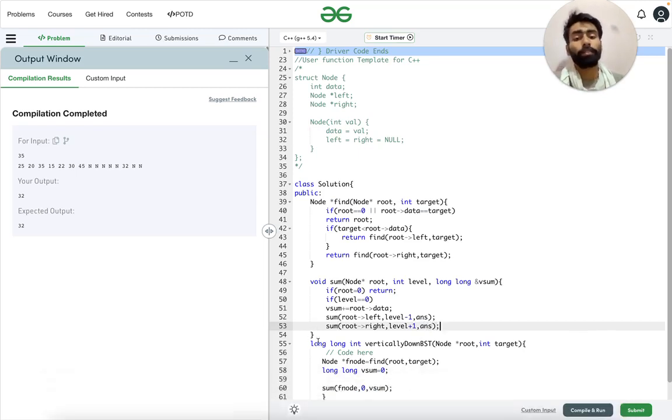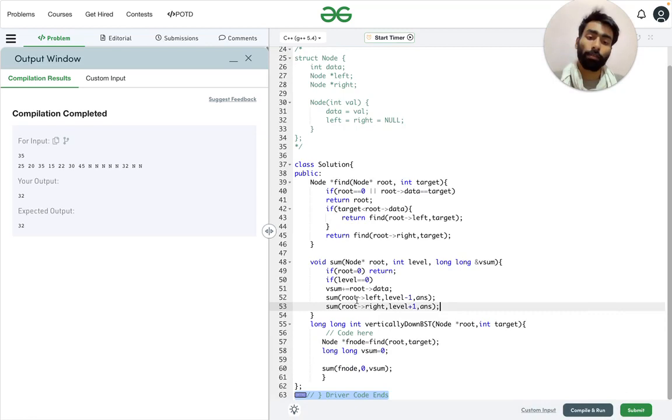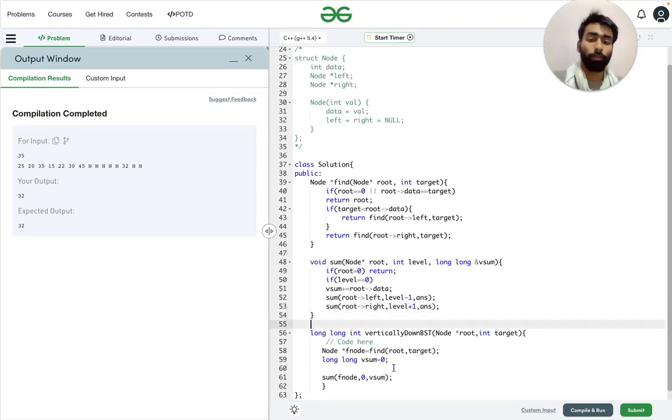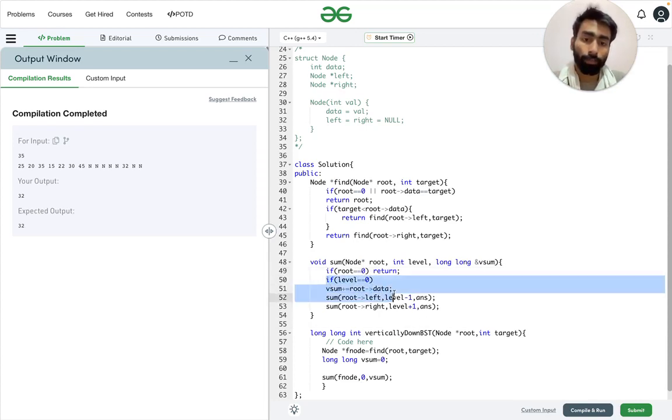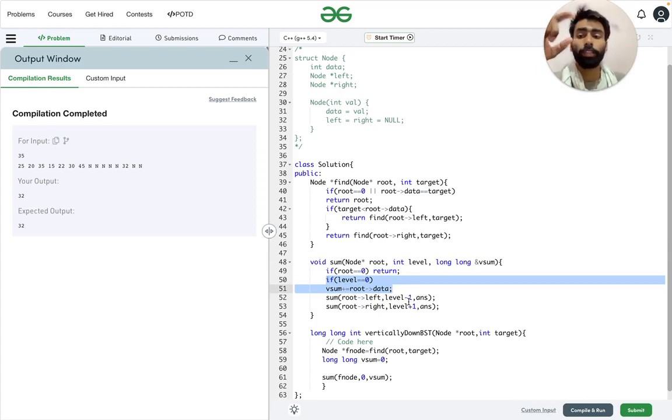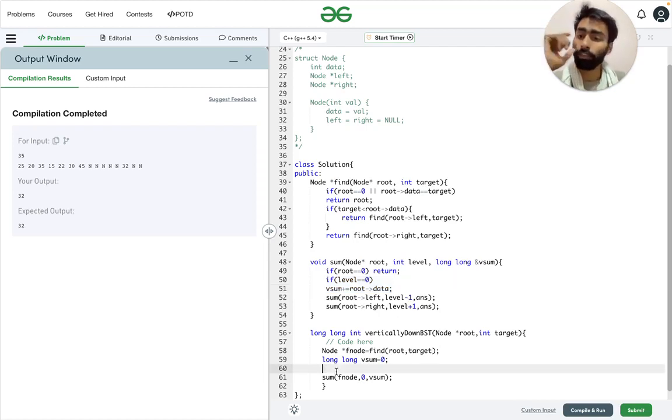So this will result in the sum of the vertical downward nodes, but it will also include the value of the target node, because we are calculating here the sum of the root node. This will also be first passed on our target node. So we will need to subtract that part. We will do that, but before